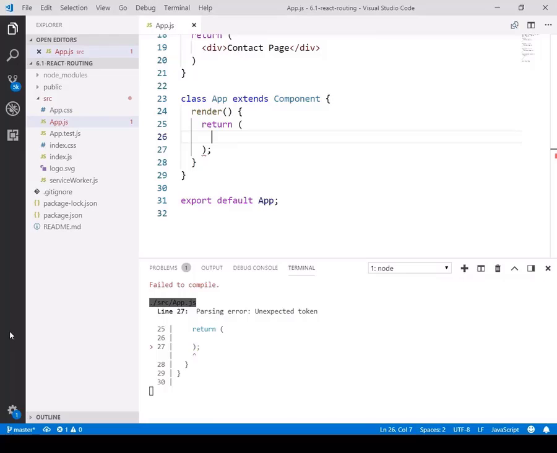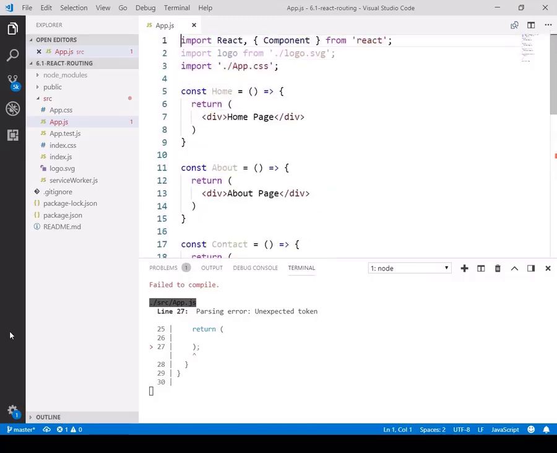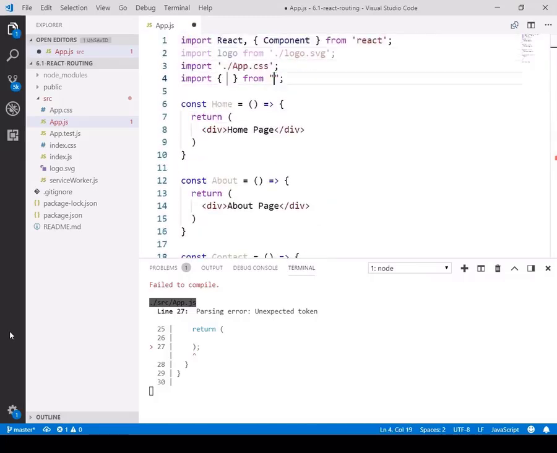So in our application, we will prefer the browser router. First we need to import it, as we have already installed the package React Router DOM. Out of that React Router DOM, we want BrowserRouter. We will give an alias name to this BrowserRouter as Router. So whenever we are using Router, it means we are implementing the browser router.